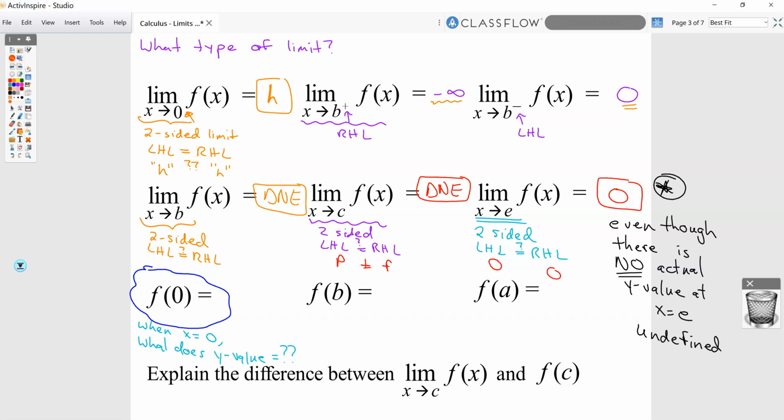So where I cannot round, I'm not doing any approximating or rounding to the number. When you have function notation, this is the shorthand symbol that means when the x is exactly equal to 0, what does the y value exactly equal? All right, so if we go back to our graph,